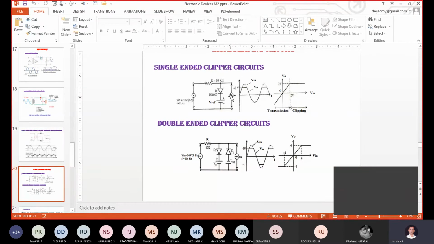Across these two components, we are measuring the output voltage, right? Yes, sir. Across these two components, we are measuring the output voltage. If one component is known, VD will be equal to 0.6. VD will be equal to 0.6, but this should be 1.4 if 2 volt is required. It is a very easy way to calculate.